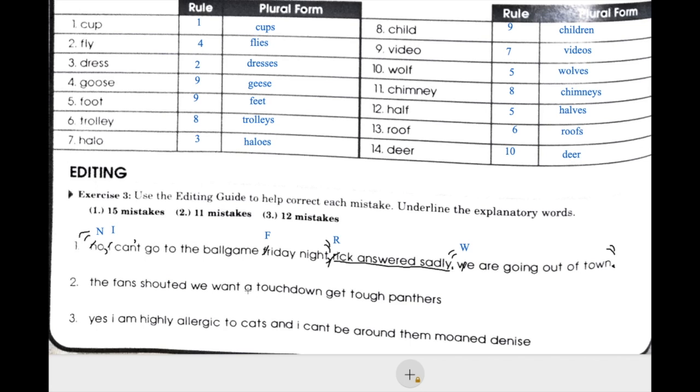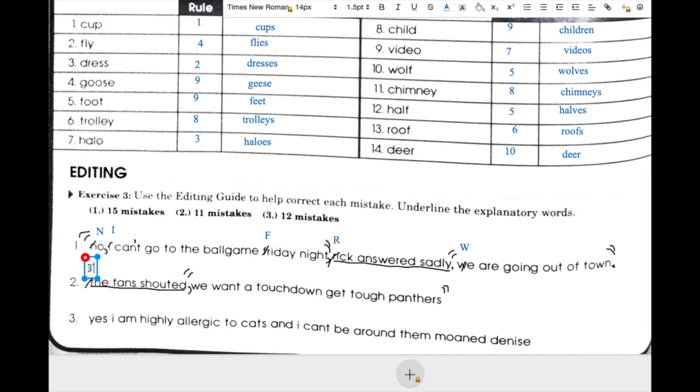Number 2. The fans shouted, "We want a touchdown. Get tough Panthers." All right, our explanatory words are the fans shouted. Let's put quotation marks around our quotation. We have explanatory words coming at the beginning. So we would need a comma after those explanatory words, of course. Let's capitalize the first word. The fans shouted, comma, quotation marks. Capitalize the first word. We